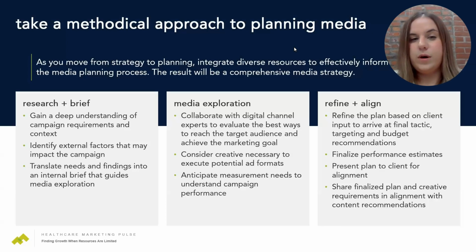And then we also consider what creative is needed to make good on that. So making sure that we have the assets in place to support the ad formats that we're going to use. And then also anticipating measurement needs. So that's something that we like to consider at the upfront before we launch a campaign. What do we need to have in place so that when we get to the end of the flight, we're able to successfully measure it and we're not waiting to figure that out and then try to pull data together that does or doesn't support a certain story. So having a clear plan in place and really partnering internally with your analytics team is helpful to make sure that we're all on the same page and can collaborate